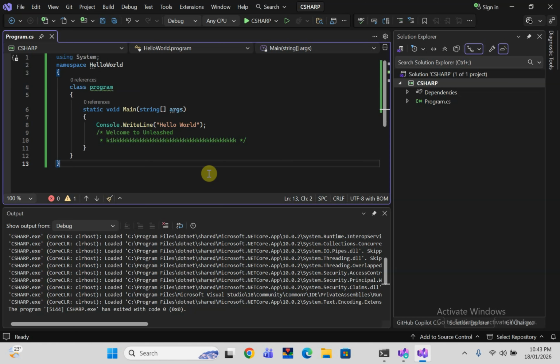So now we are going with variables. When you say variables, we have data types: integer, double, char, string, boolean. So now, to create a variable, you have to specify the type and assign its value. Like you can type